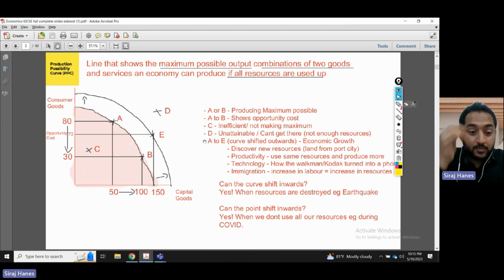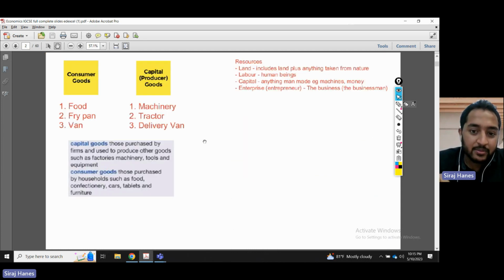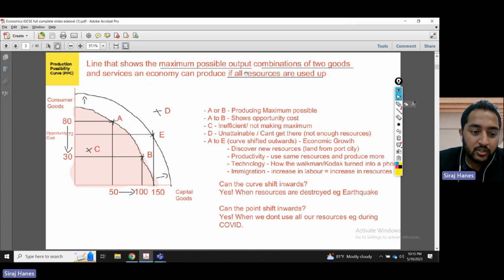Moving on, now this concept is very, very important. So pay close attention here. I'm going to take you through it little by little. Now, if we take all of our resources, land, labor, capital, and enterprise, as you see here, what can we do with our resources? How much can we produce? We're going to look at what we call a production possibility curve. In this, we're trying to say what combination of goods can we produce with the existing resources in place?